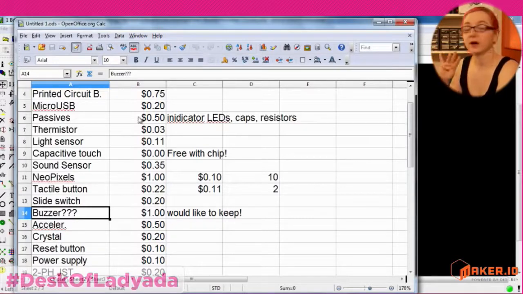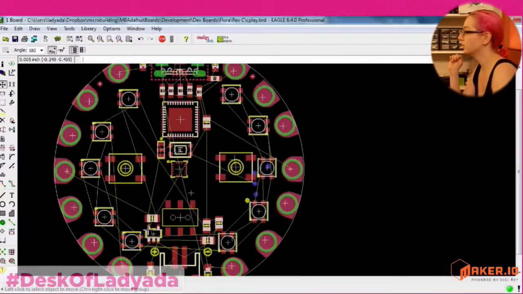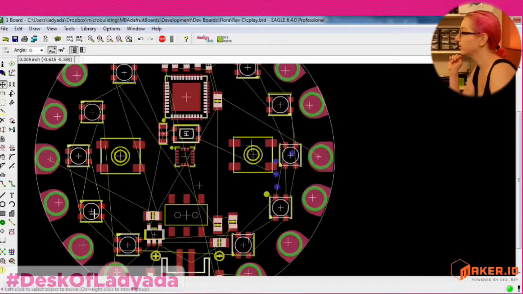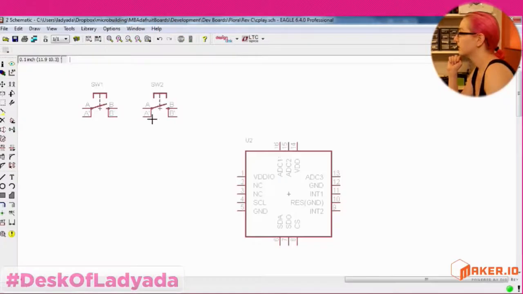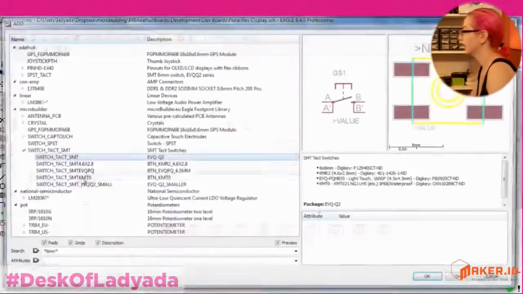So that's 4 items. And then I decided, as I was laying this out, it seemed to me like I had a little bit of space in these 4 corners, in between these gaps, is where I could put them. So let's go back to the schematic, and I'll add in the